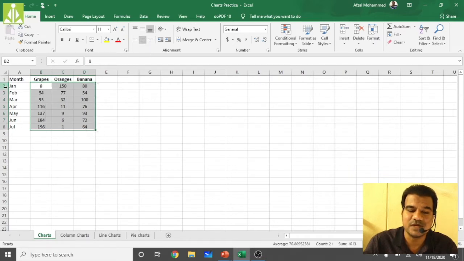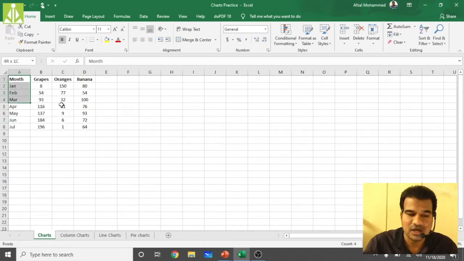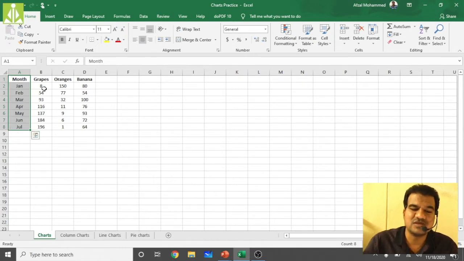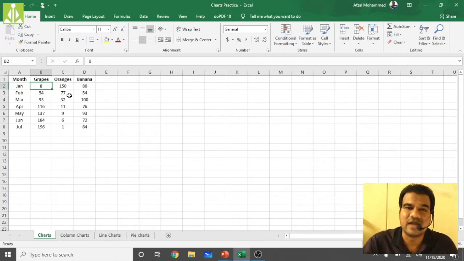Grapes, let us assume in the month of January we have this much production. You can consider this 8 as the land in hectares, the land where the grape production has been done.